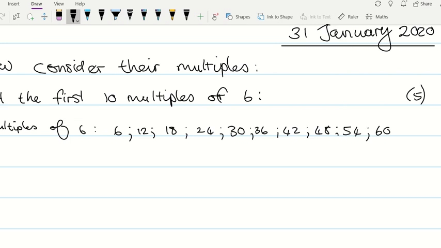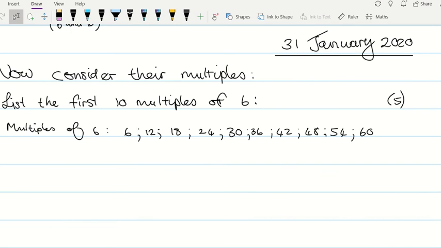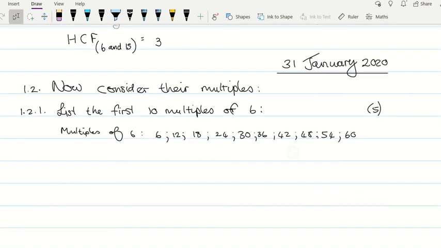Alright, so there is my first list of 10 multiples of 6, and then we can already assume what the next question will be. So you can predict the question statement and how they are asking questions. The next question is going to be